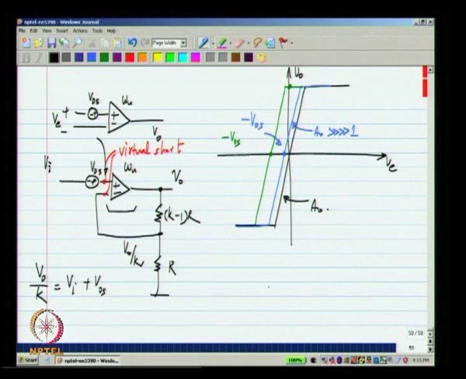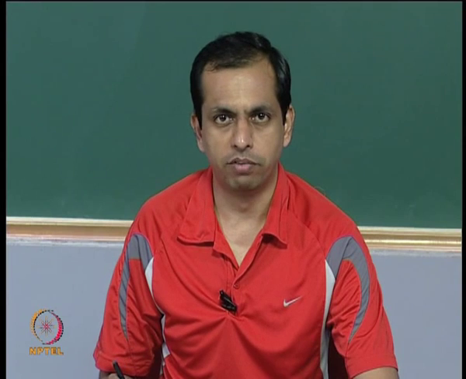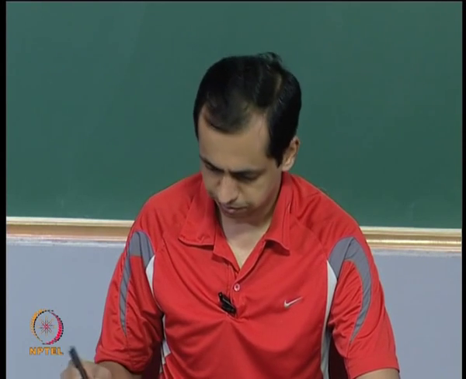Now, in this particular example, it turned out that the desired output is k times the input voltage, and the offset that we get is also k times the offset voltage of the op amp. The gain from the offset to the output is the same as the gain from the input to the output. Now, this does not have to be the case, depending on the circuit we build, the gain from the input to the output and from the offset to the output can be quite different.